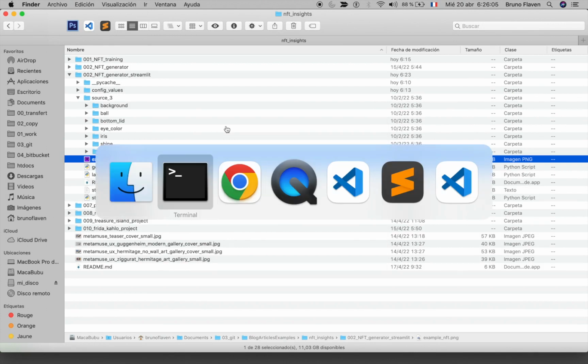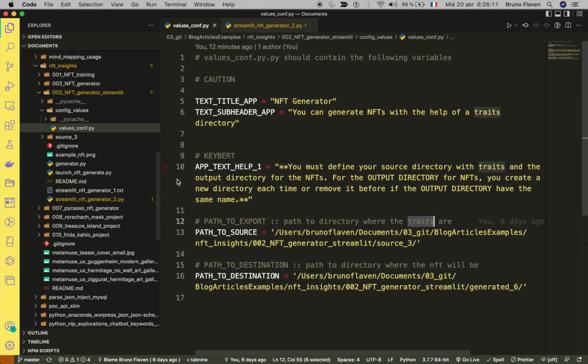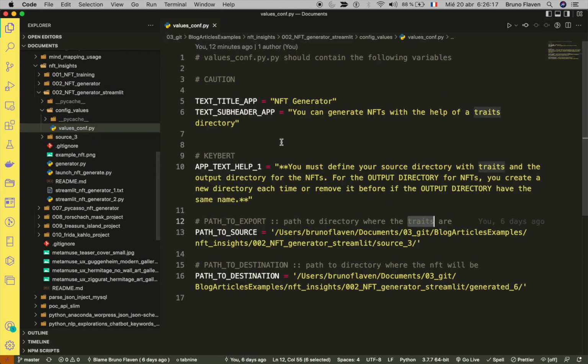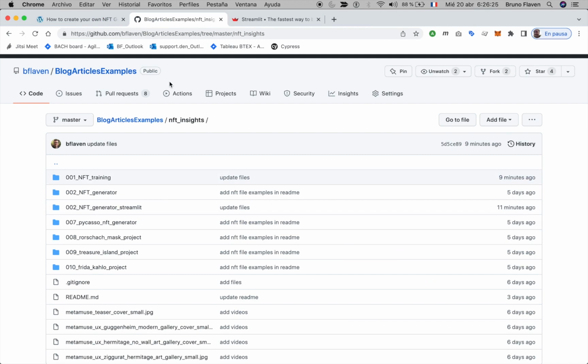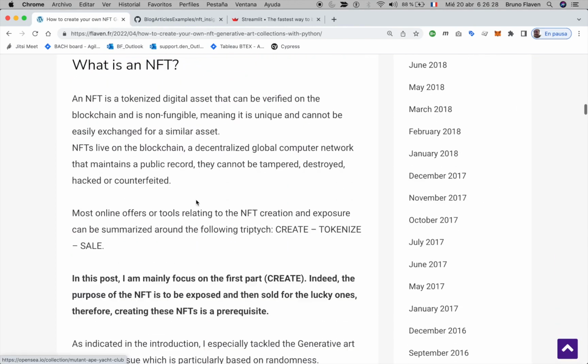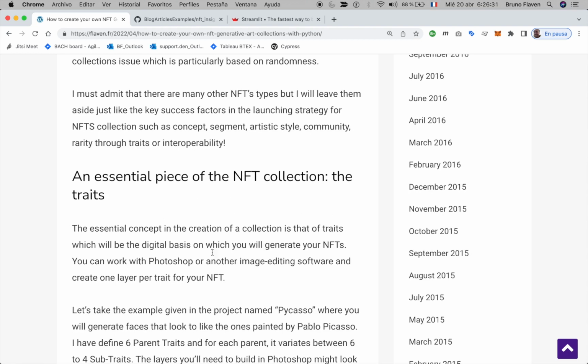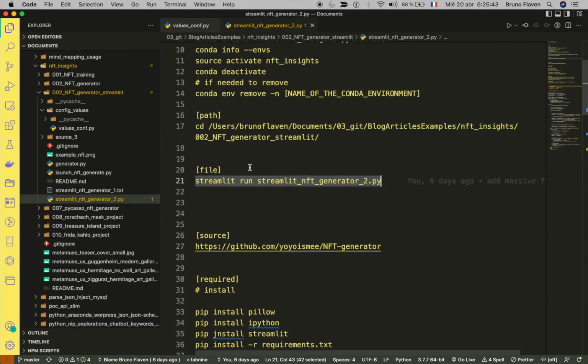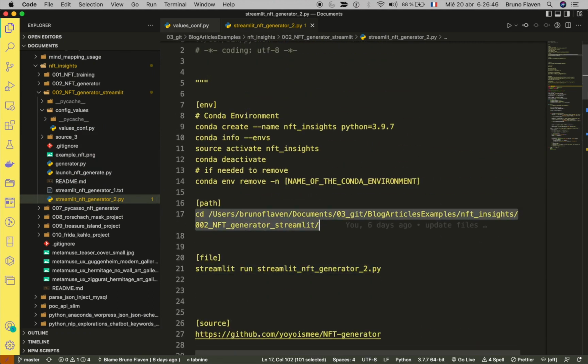Okay, so you have all the explanation. I'm just going to use directly the NFT. Basically we are in the correct directory, with all the files and all the config information, especially the path to the directory of the source for the traits and the destination for the image. The traits are exactly what is created here. I have given a quick definition: these are the essential features of the face that you're going to use to create your NFT. And every time you see in a comment my own path,